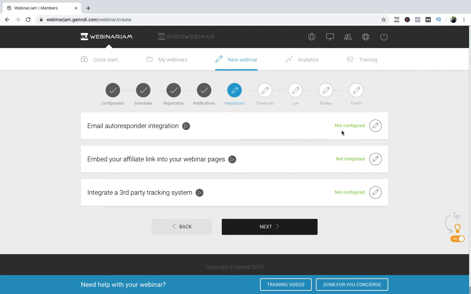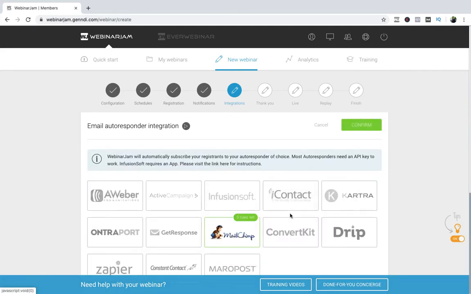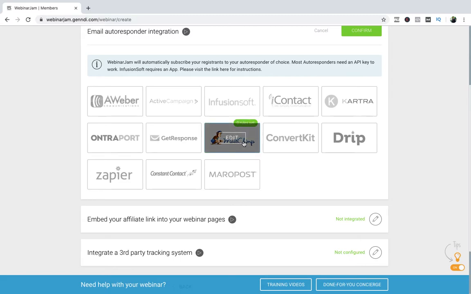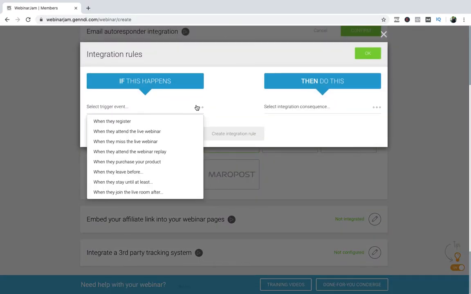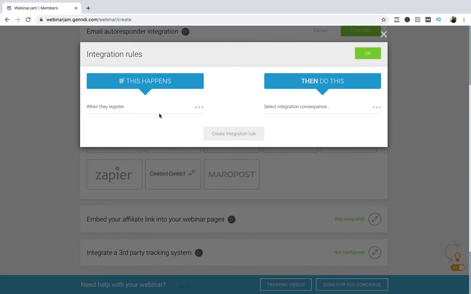Now, email autoresponder integration. Whatever autoresponder you are using, I'm using MailChimp, so I can edit this. I have so many options here. When they register, when they attend this live webinar, this is the trigger condition. Let us say when they register, what do I want this to do?